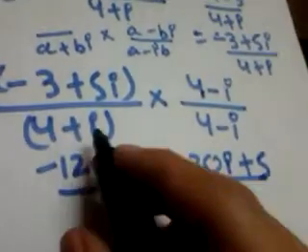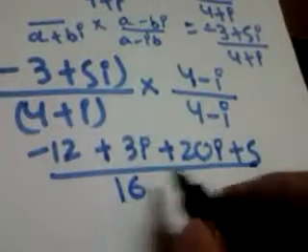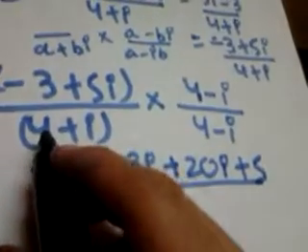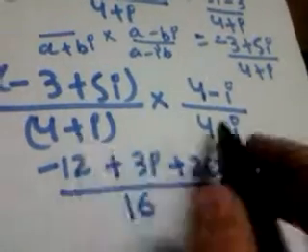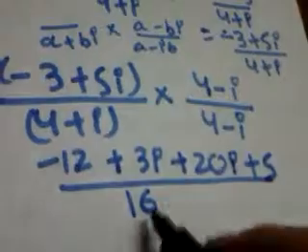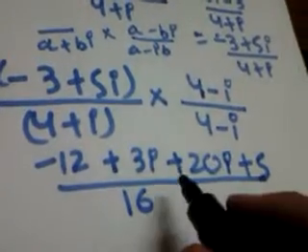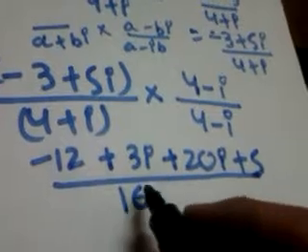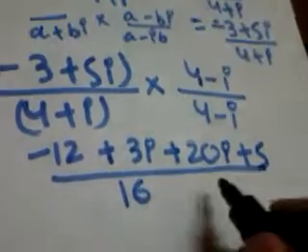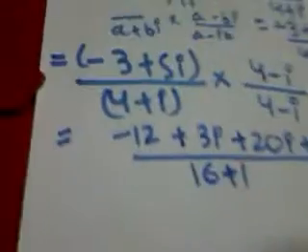And this is 4 squared, 16. a plus b, a minus b is a squared minus b squared, that is 4 squared minus b squared, that is i squared. So 4 squared minus i squared, 4 squared is 16, minus i squared is minus 1. Therefore it's going to be 16 minus i squared, 16 minus minus 1. Okay, so this is,